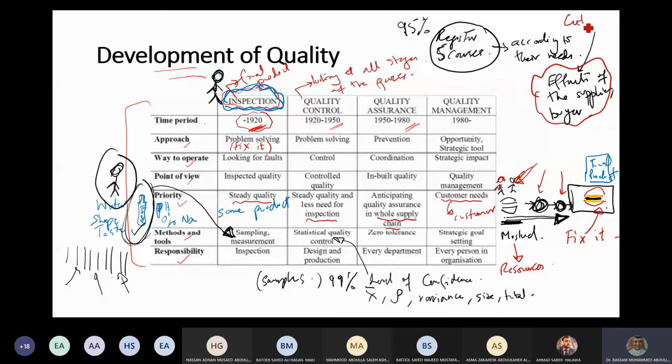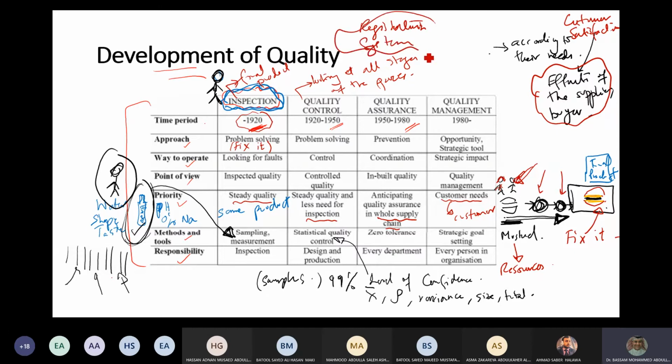a customer satisfaction. You always hear that the customer comes first and so on. And so you want customer satisfaction. So if I want a 95% confidence of every student registering 5 courses, I need to look at not only the final product, which is my registration system. I need to look at the whole stages. Okay, so what is the difference? The difference, if I'm looking at the registration system,